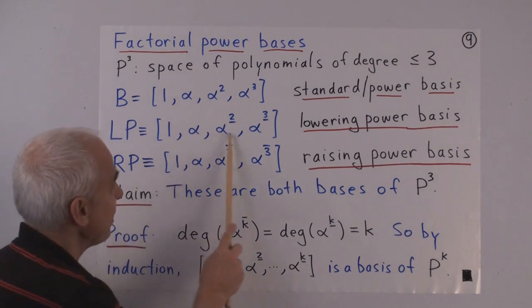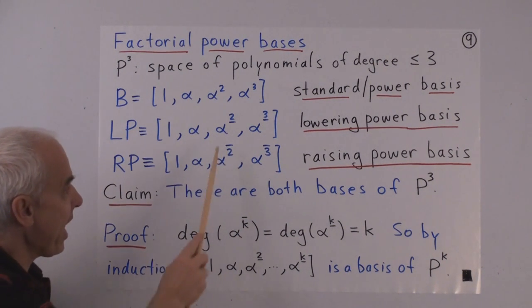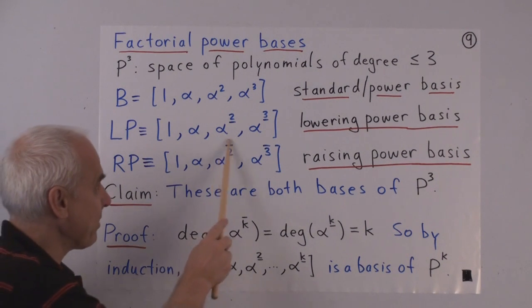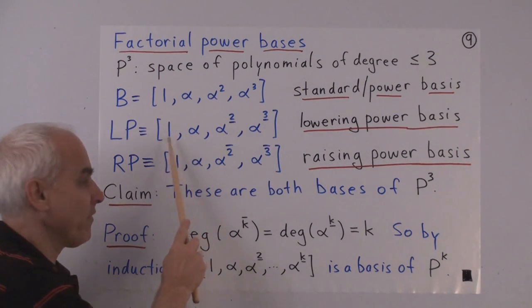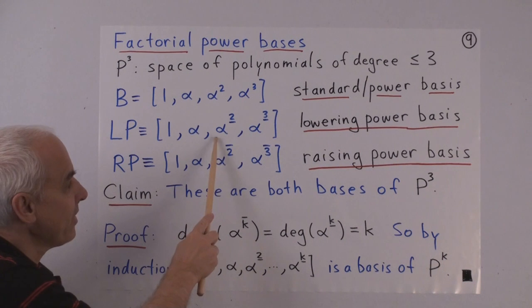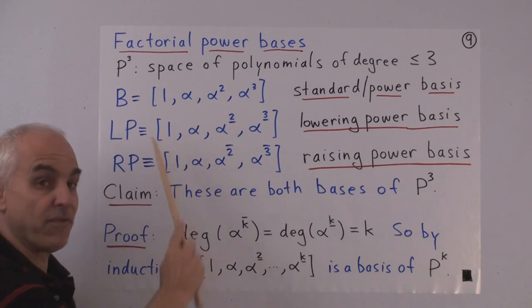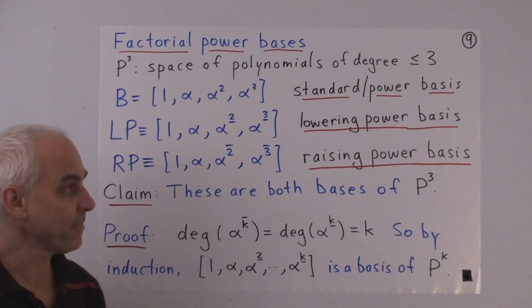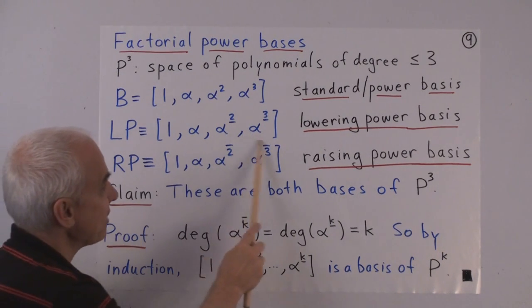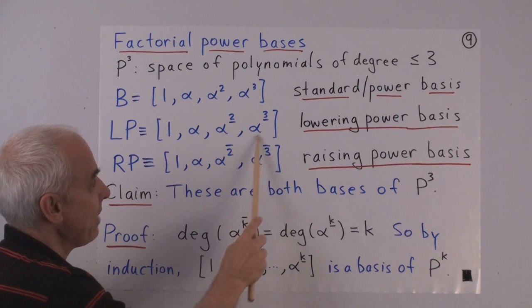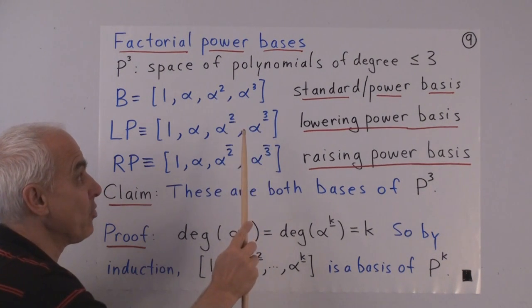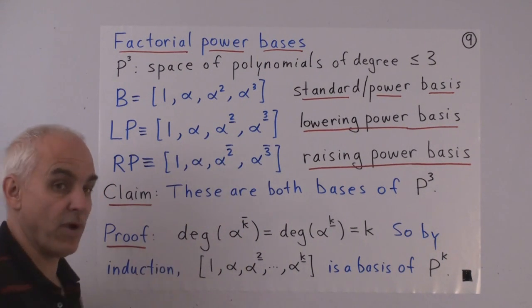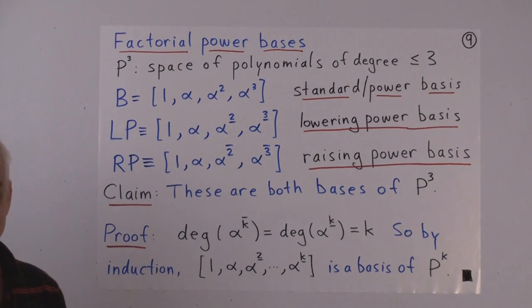And now when we're adding this third one here, we're adding something of degree 2. Because we're adding something of degree 2 and we already have all of the elements of degree 1, it means we can express alpha squared in terms of this one and the 2 previous ones. Similarly, when we add this one of degree 3, it means we can express alpha cubed as a linear combination of this one and the 3 previous ones spanning the space of degree 2.